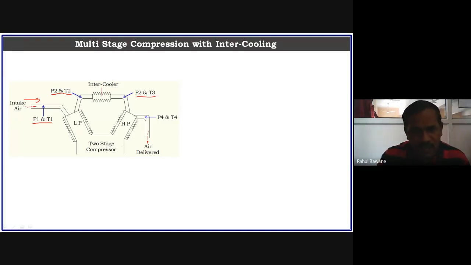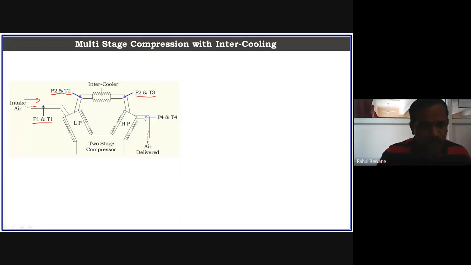Now this condition air we supply to the HP cylinder. Now whatever operation takes place, compression, the HP cylinder increases the pressure further up to the delivery pressure. When the delivery pressure is reached, its delivery valve gets open, and that compressed air is supplied to a storing device, most commonly a tank, an air tank.